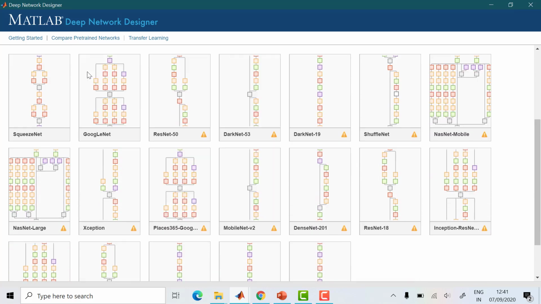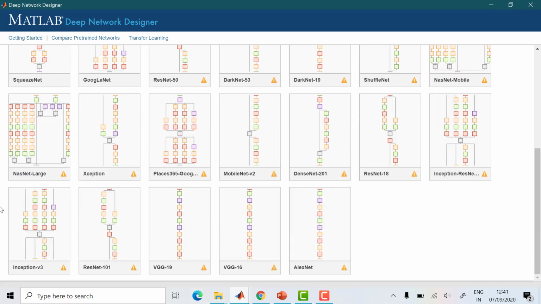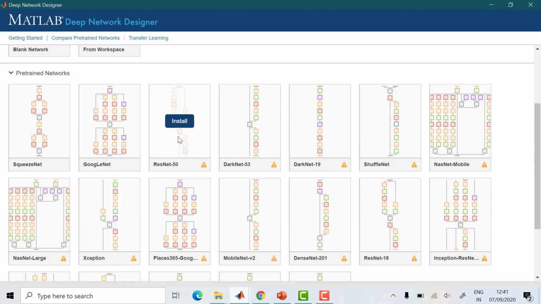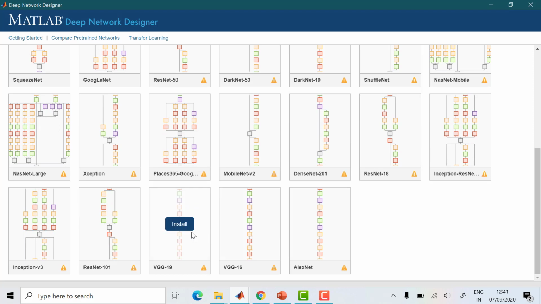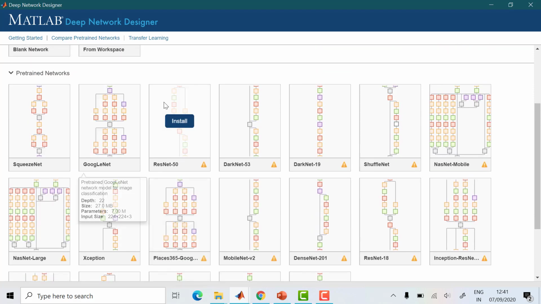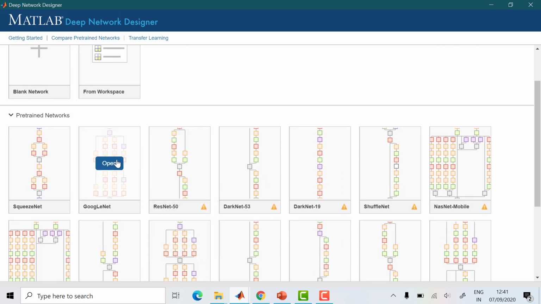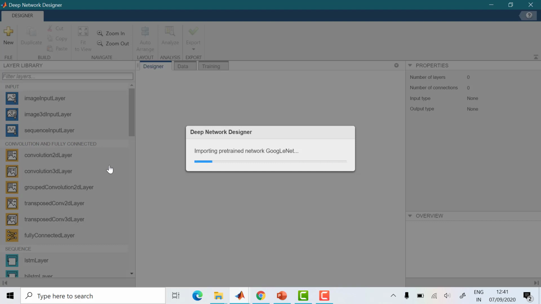First, you have to select which network you want to use. There are so many networks already inbuilt. For your design, you have to check which is suitable: AlexNet, GoogleNet, ResNet, DarkNet. So many networks already have input layers and hidden layers. So much research is going on in these hidden layers, on what hidden layer we should use, like ReLU and all. So many are there, already published in papers. They have made a network and kept it. AlexNet is very simple, but I'm going to use GoogleNet. Okay, just click open. It will import GoogleNet.